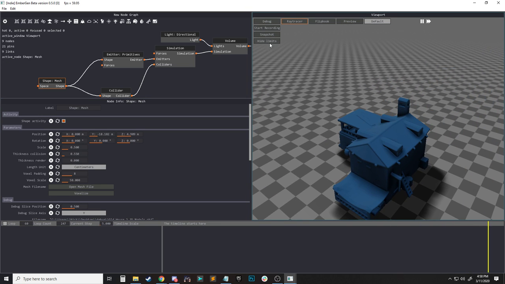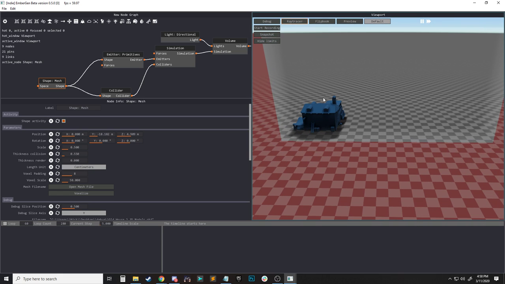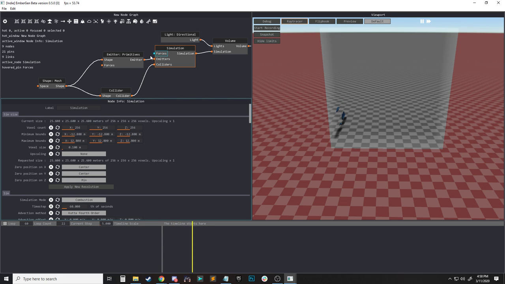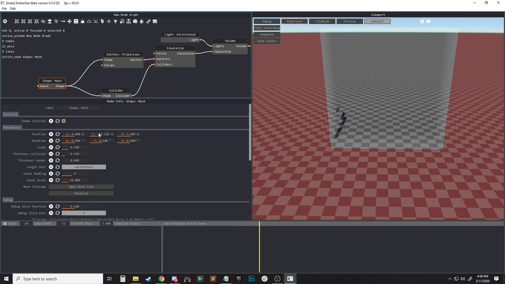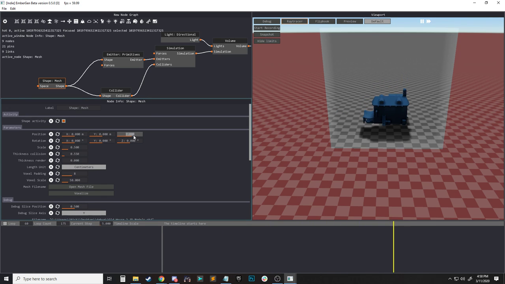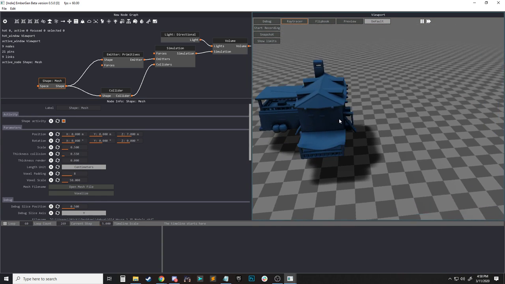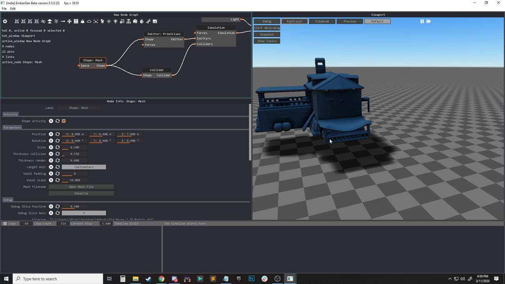And so then, let me show my limits. And what we'll do is we'll change this to like 256 in total. So something like that. And then we've got our mesh. Let's go ahead and center it and then bring it up a little bit. And so then one thing that you can do is that you can combine your colliders and such. So say if we wanted a better ground collider than using the bounding box or whatever, we can go